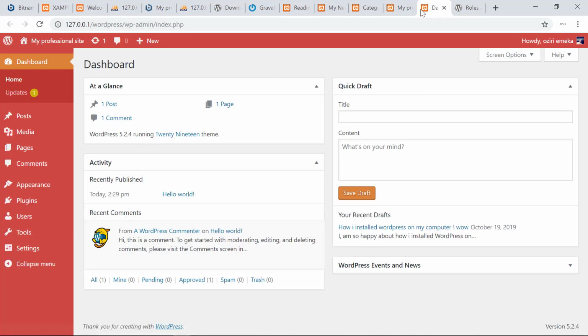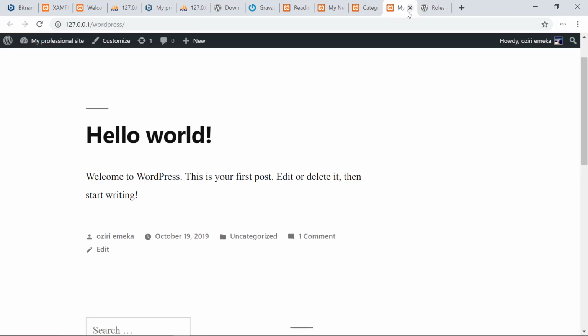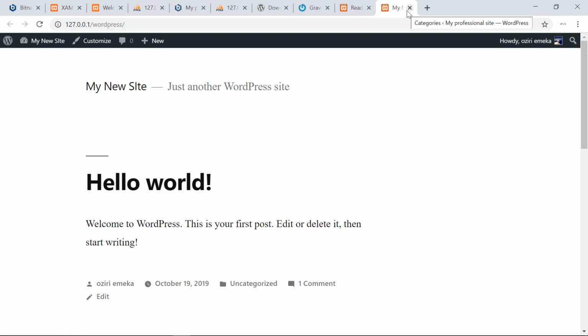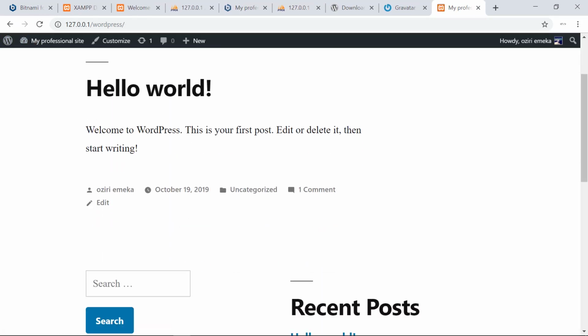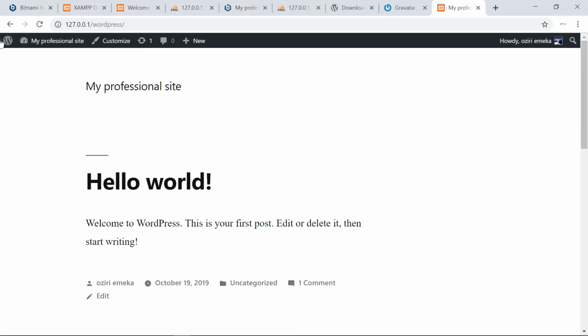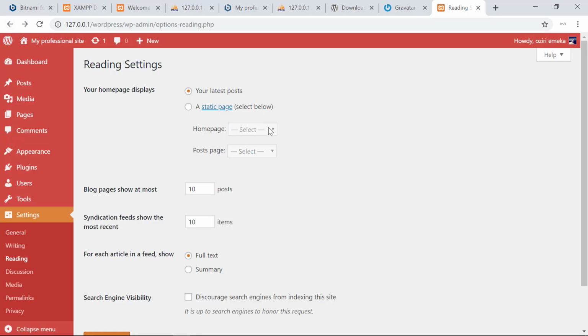Okay, if I go to my, not the dashboard, I think I should close all of this. If I click on this link, it takes me to my site. Now by default, when I access my site, I see my latest WordPress posts. If I want to show something else, maybe a static page, I'm just going to go quickly to